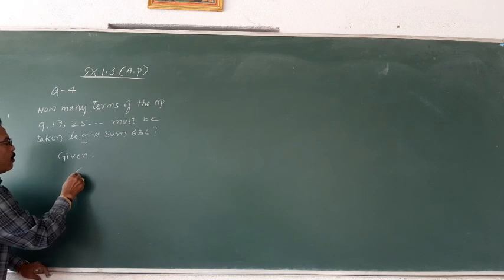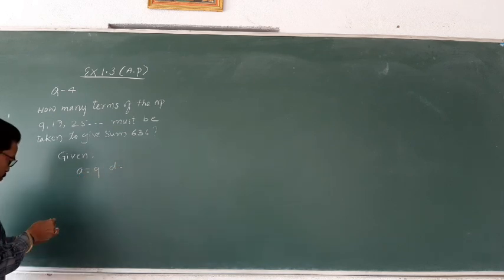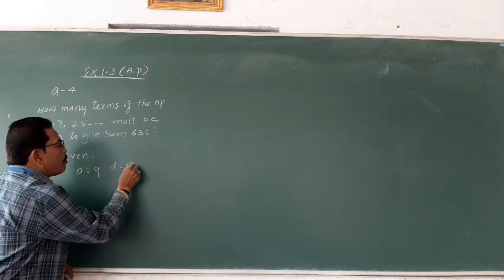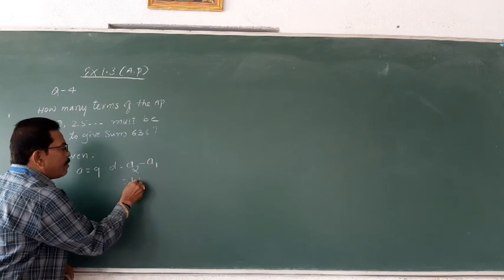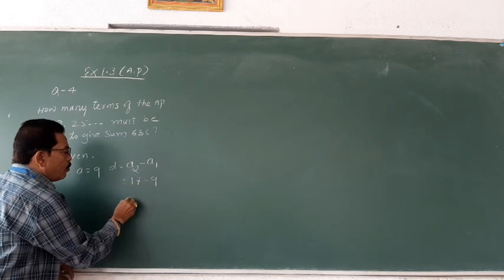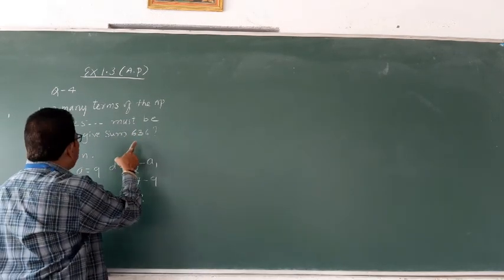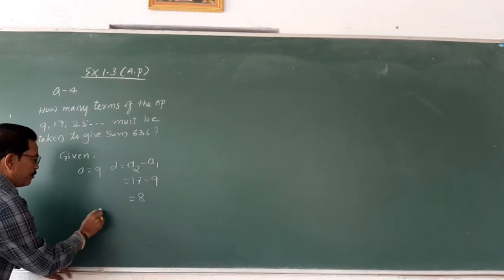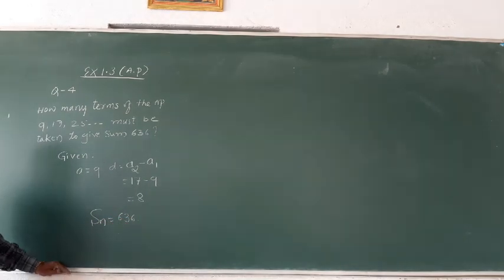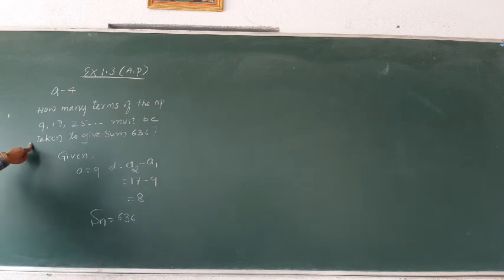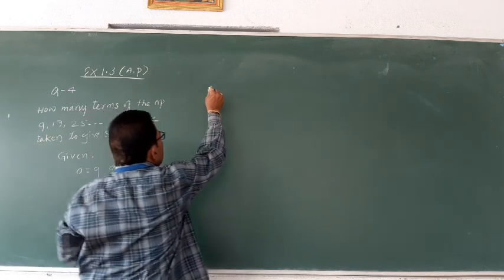Given a equals 9, d equals a2 minus a1, that is 17 minus 9, which equals 8. Then Sn is given, that is 636. Here we have to find the number of terms of the given AP. So let us use